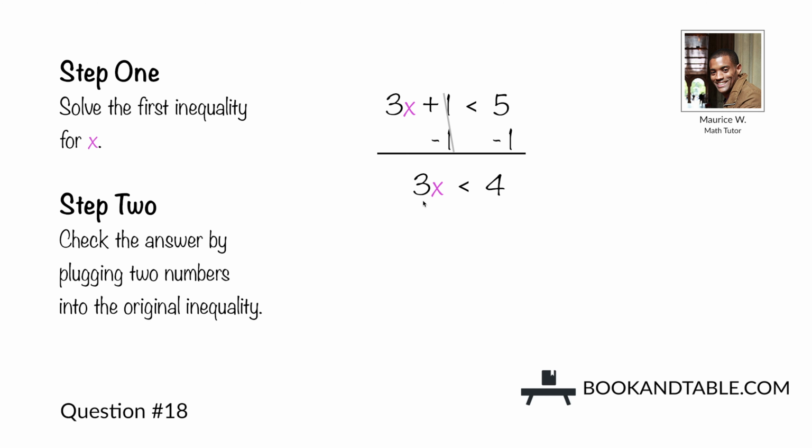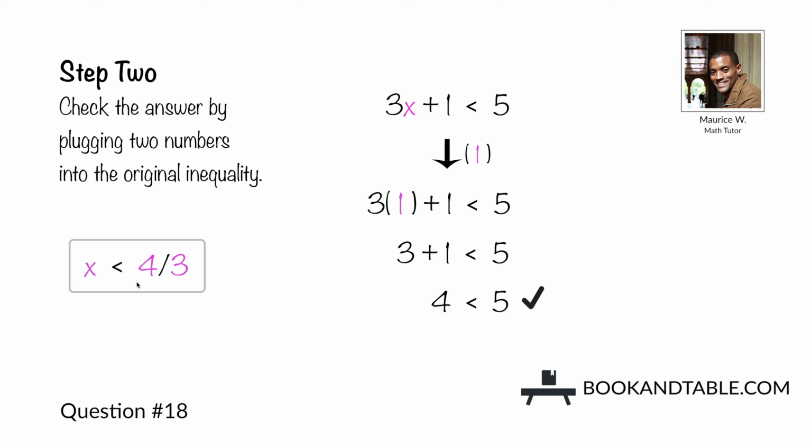To get rid of this coefficient 3, we divide both sides by 3, giving us an answer of x is less than 4/3. So now we want to check the answer by plugging 2 numbers into the original inequality. So since x is less than 4/3, we first want to plug in a number smaller than 4/3, which is 1, and that should work. And then we want to plug in a number larger than 4/3, which would be 2, and that should not